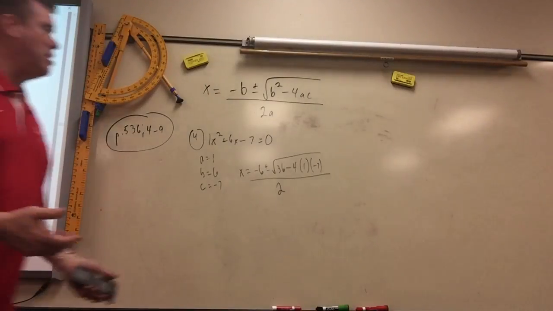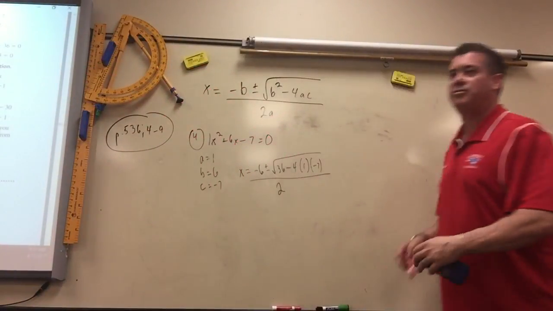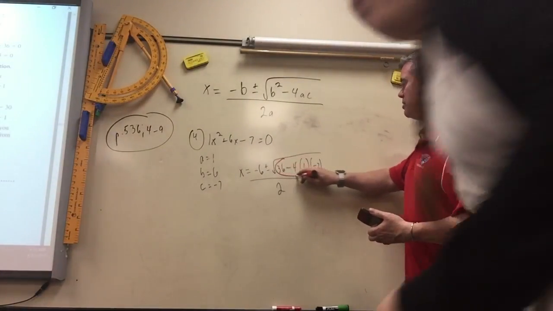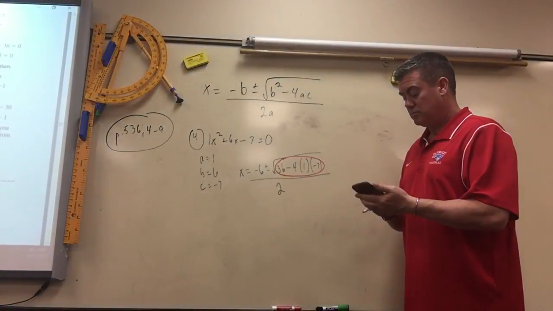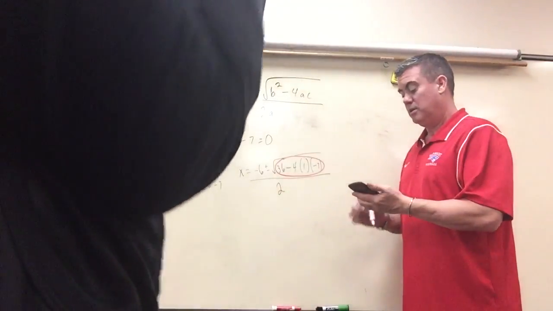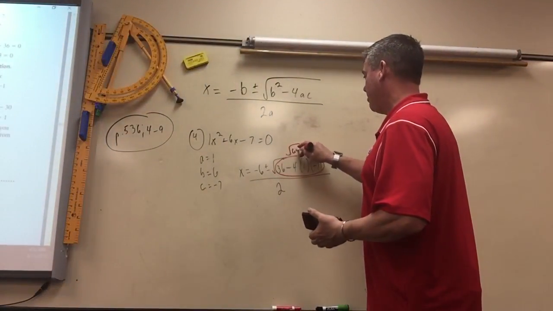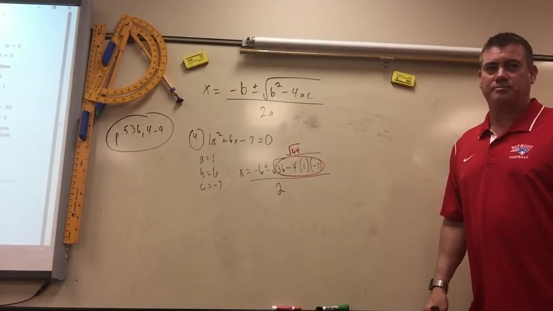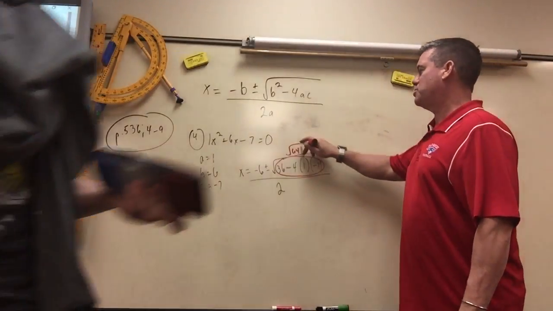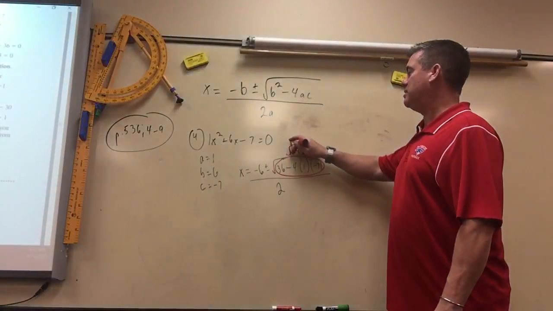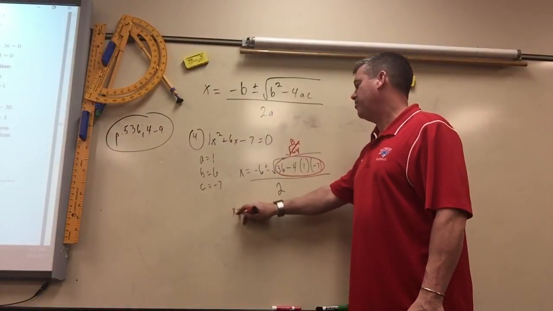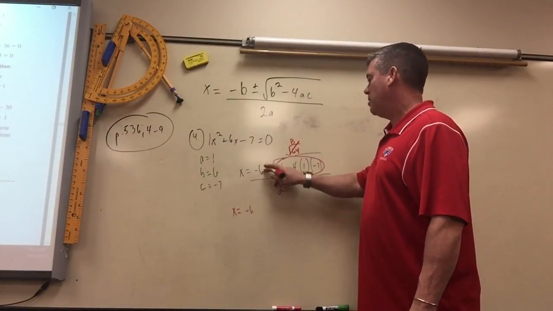So, a couple ways to solve this. Myself, I like to figure out what this is first. It's 64, which turns to 8. So the two answers are negative 6 plus 8